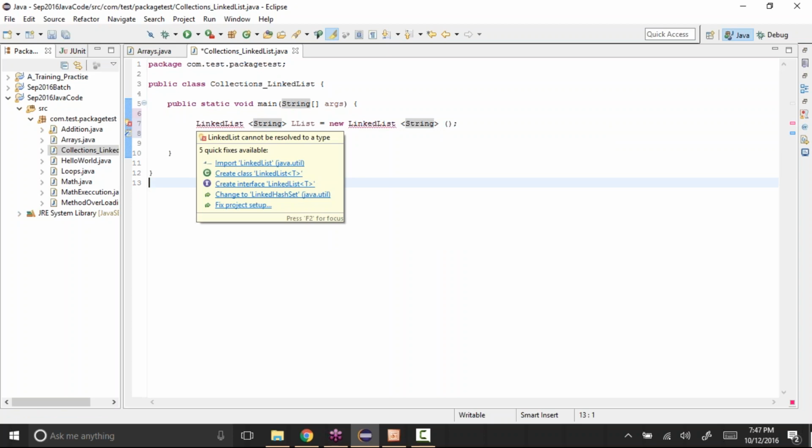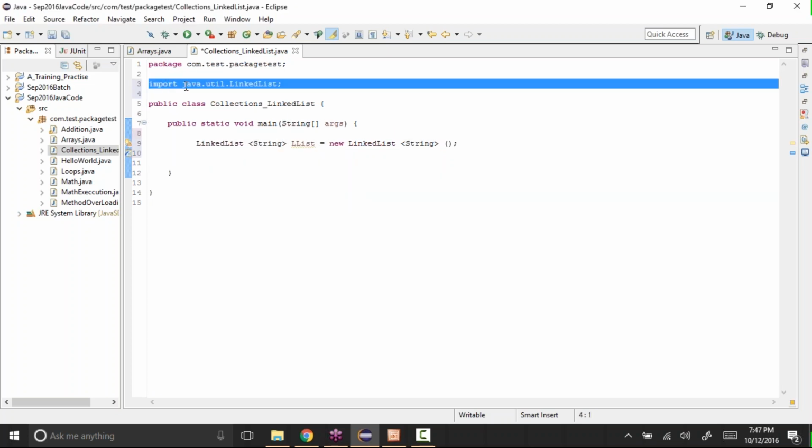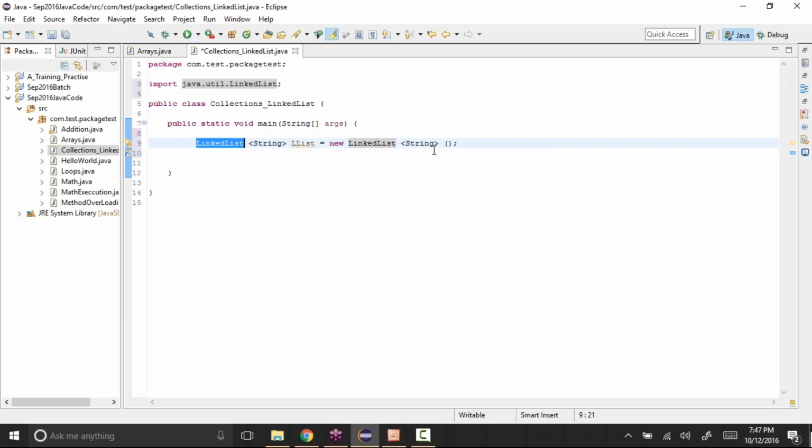And if you see the first one, it says import LinkedList java.util. So we need to select this option, the first one. So it's importing that specific class into our class. See, if I click on this, it added a new line of code here: import java.util.LinkedList. So that class will have what exactly this linked list is. We don't need to worry about it, and all we need to do is use it. The implementation and the methods that are there will be present in this LinkedList class. So we are just importing that.